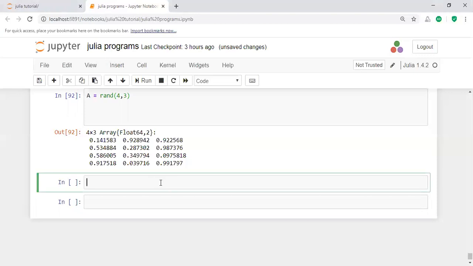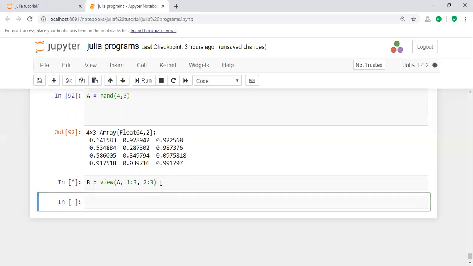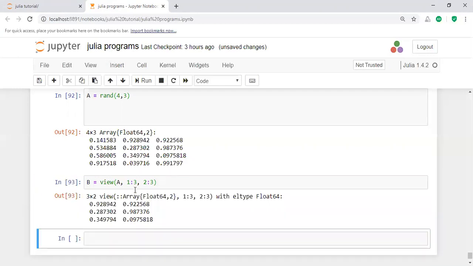The value of b equals a view of some other matrix. Here it is a view, a 3 by 2 matrix. It has some elements. I want to apply a for loop on these elements. How can you apply the for loop here?